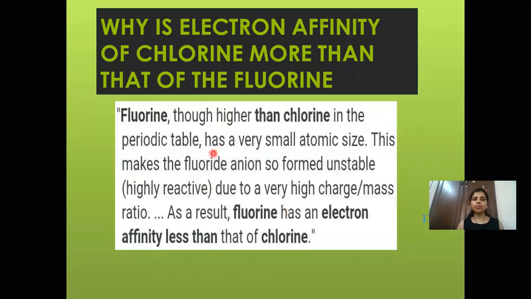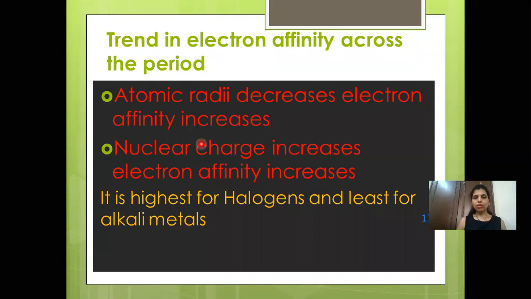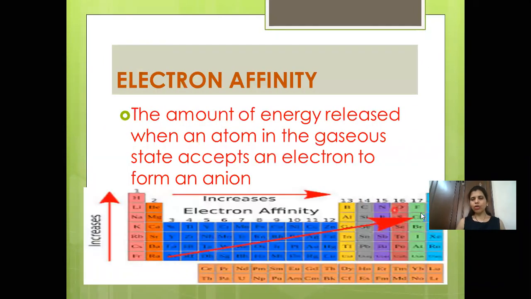Next part is electron affinity. Now if it is asked, we'll go to the periodic table. Now if it is asked with respect to the halogens, whether fluorine is having more electron affinity or chlorine. Now as you have learned that down the group it is decreasing, you will definitely say that fluorine is having more electron affinity than chlorine.